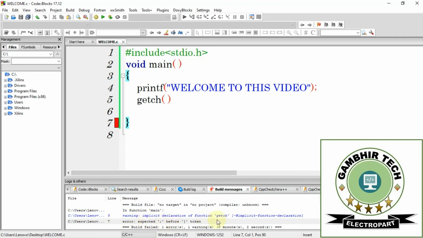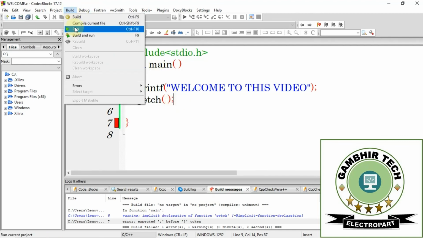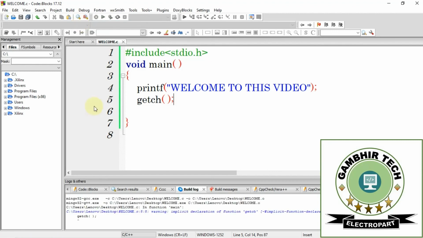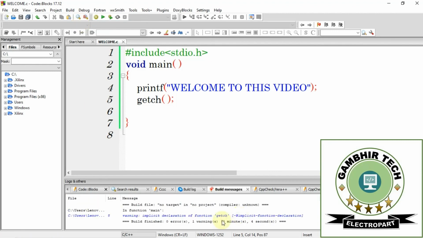Here is an error at getch. We have not added a semicolon here, so we have to add it. Again I save it and compile this file again. There is an implicit declaration of function warning, but here is no error. You can see there are zero errors.